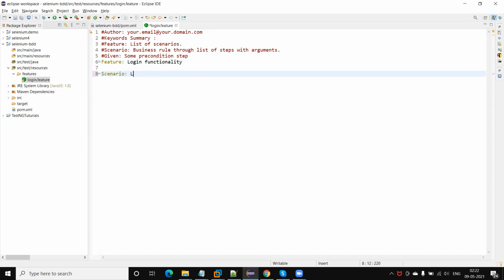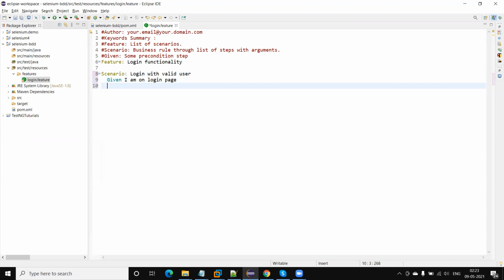Okay, here scenario, login with valid user. Okay, and then next I need to use the Given. Okay, I am on login page. Okay, then why we are using given, when, then, what is the order?